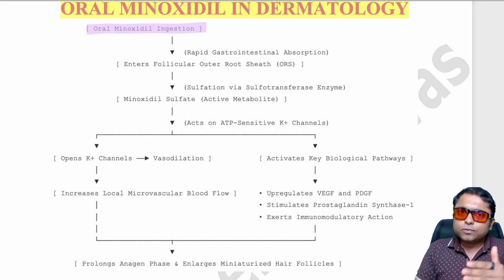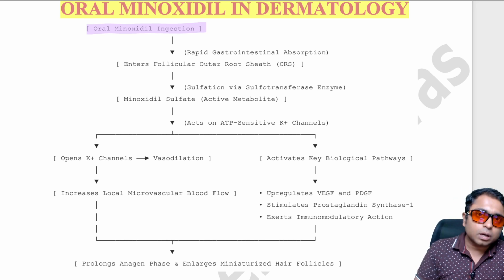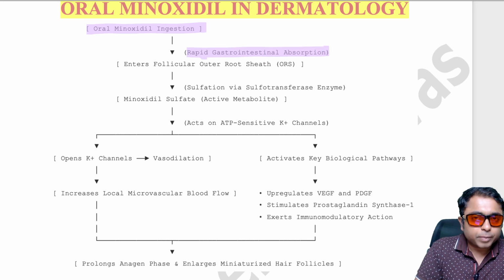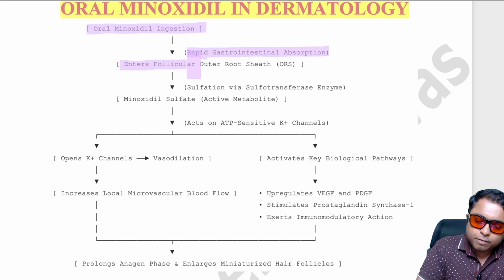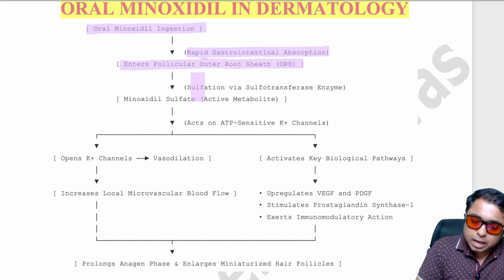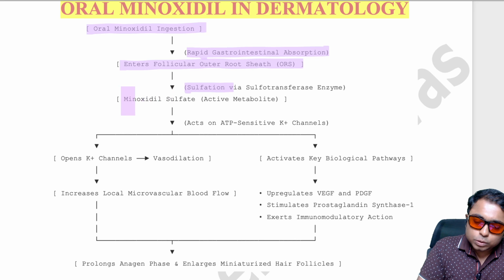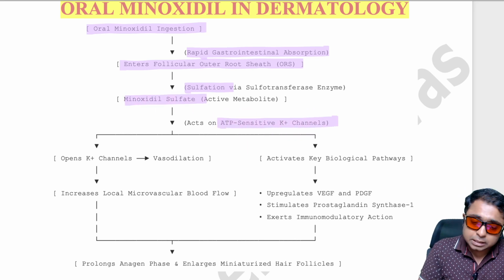So this flowchart you can write down in your theory question. It is going to be absorbed rapidly through the GI system because it has very good bioavailability, 90%. It will enter the follicular outer root sheath, and thereby it is going to get activated through the process of sulfation. So this minoxidil sulfate is going to act on the ATP-sensitive potassium channels, thereby it's going to cause